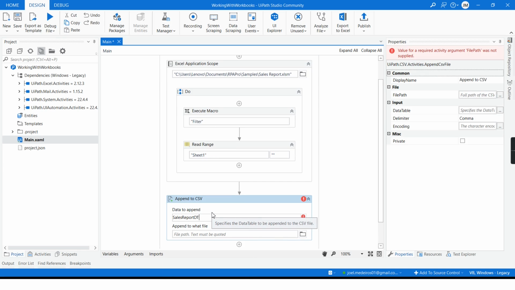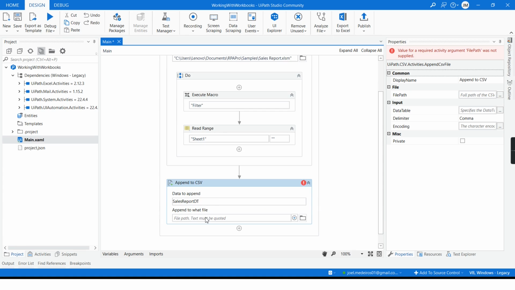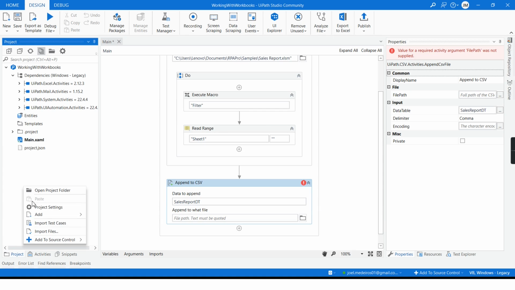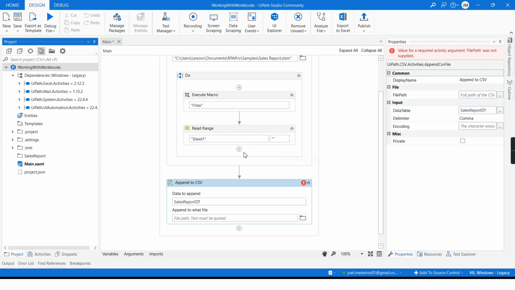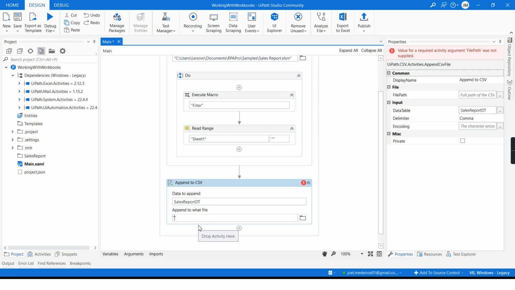My sales report data table is going to be my input, and here I'm going to create a new folder, sales report. I'm going to declare here that I want to save in this folder, sales report, and my file is going to be